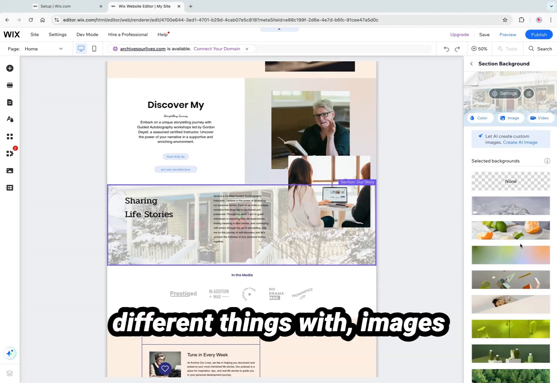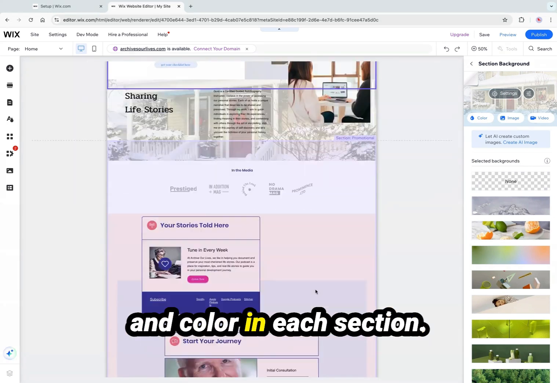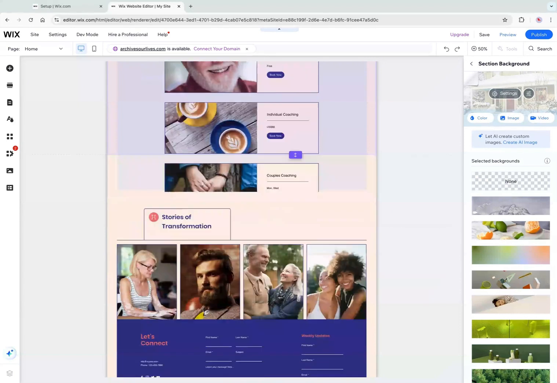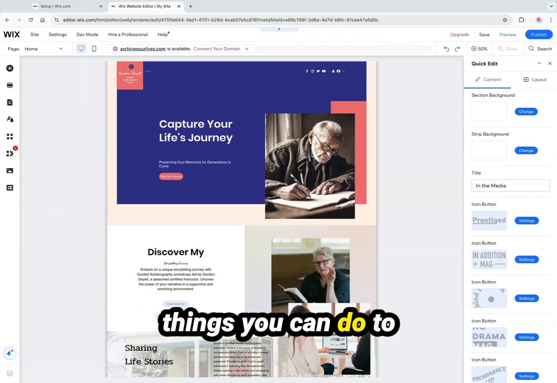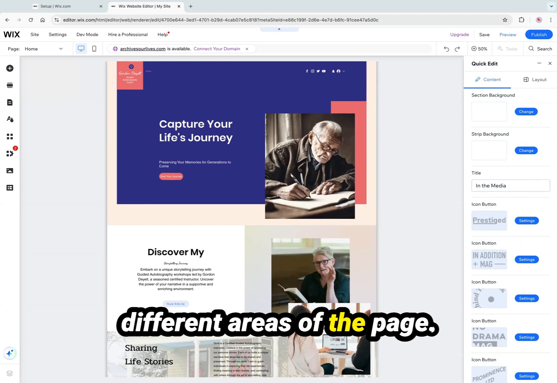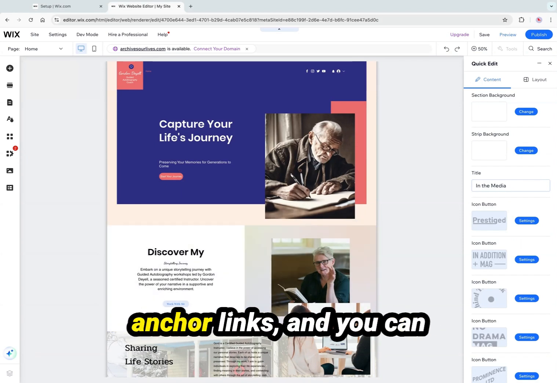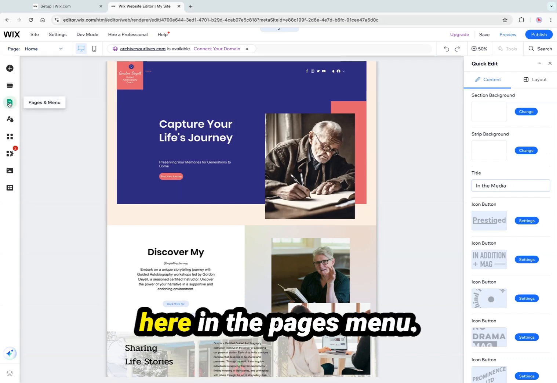So you can do a lot of different things with images and color in each section. There's many different things you can do to change the look of all of the different areas of the page. So we've talked about links before, we've talked about anchor links, and you can go and see what pages you have here